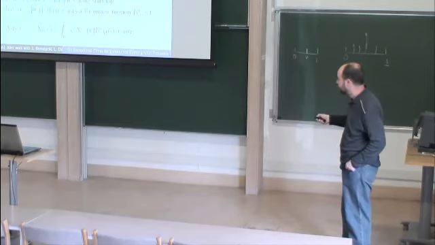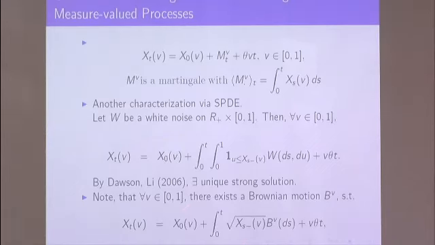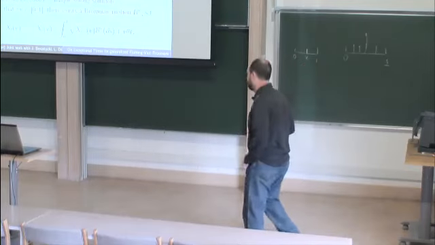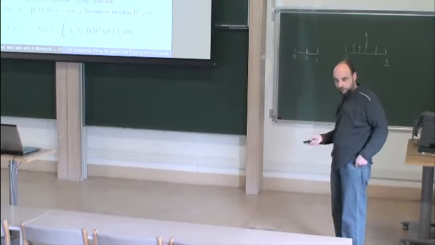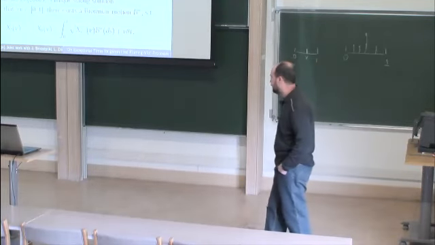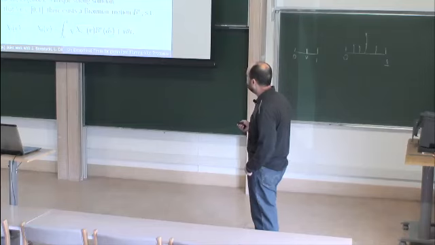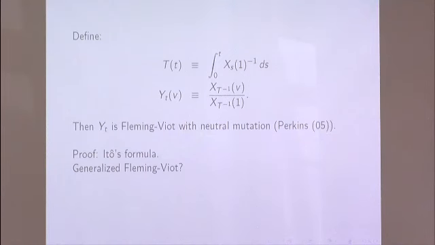You can check that this quadratic variation is the same like this and the same like this. Again, it's an easy quadratic variation calculation, so you can do it this way. You can also characterize it by an SDE. Now again, the question is, what is the relation? And the relation is very simple.